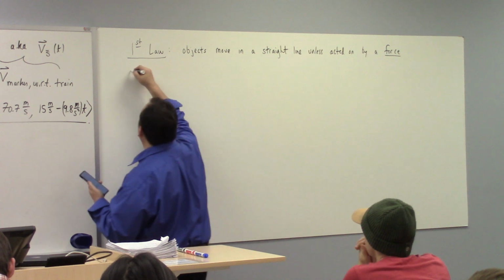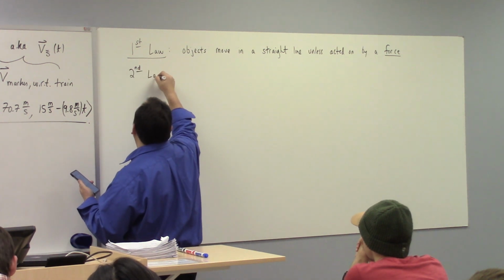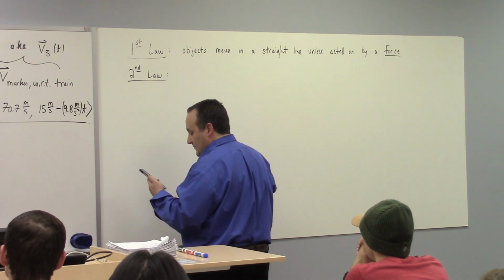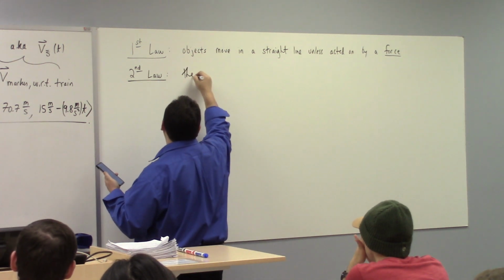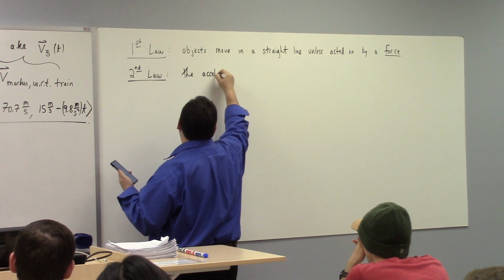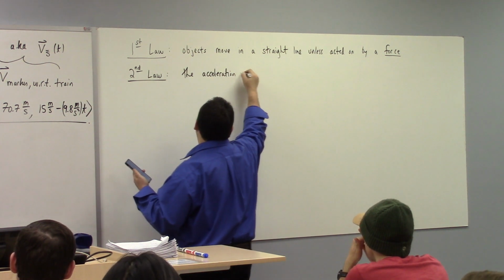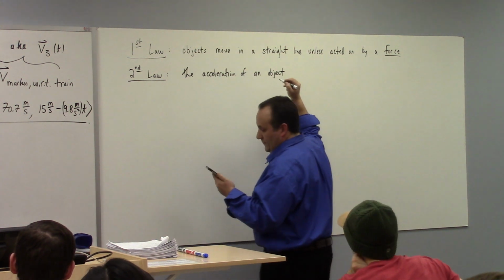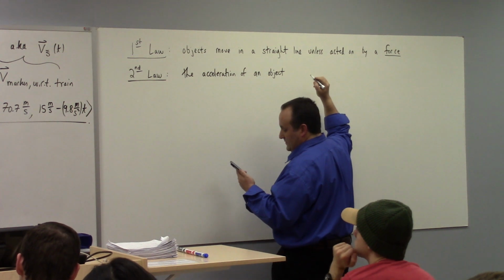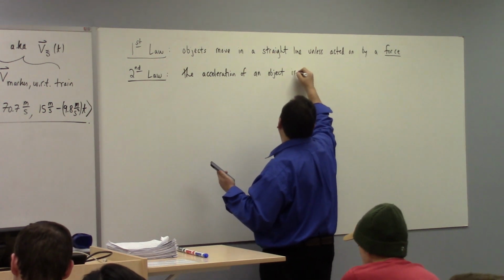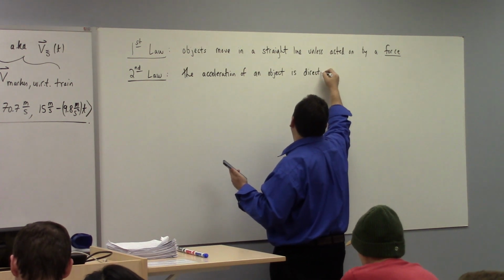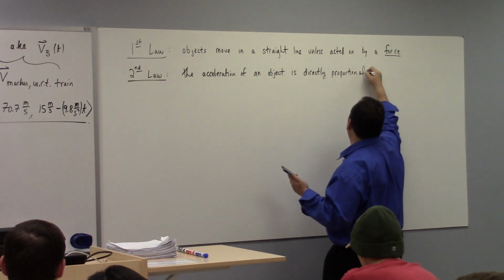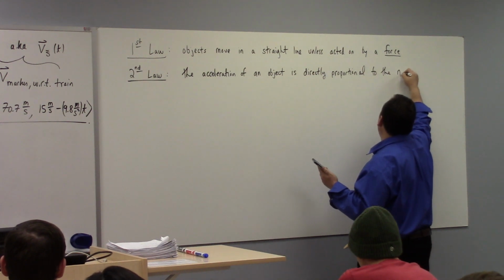Number 2, what's the second law? These are all Newton's laws, okay? The second law, according to Google, is the acceleration of an object. Hey, we know what that is. Acceleration of an object, like Bob, right, is directly proportional to the net force exerted. Net force, now we're starting